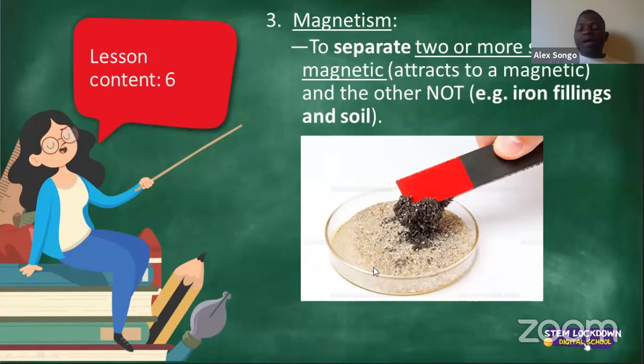Iron. Now, if they are combined with sand, it's very difficult for you to try and separate using your hands. So hand sorting is already out. You can't do that. It will take you forever. And obviously, it will not be a perfect separation. If you try to sieve through the iron fillings as well as the sand, the particles are almost the same. So what will remain and what will actually not remain? So again, you cannot use sieving. So what does that